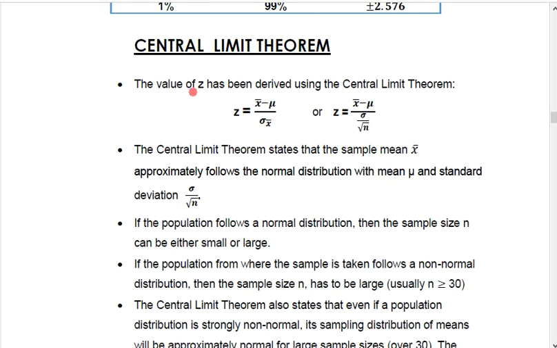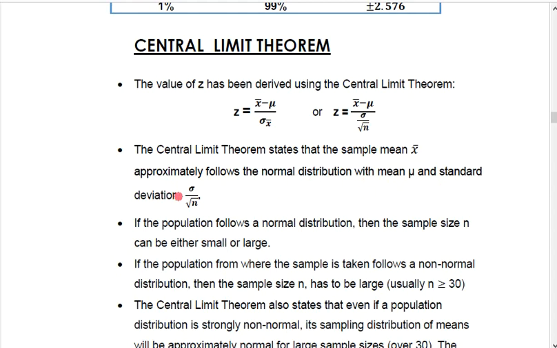Using the z-value, okay, it is derived from the central limit theorem. So, this is the formula to get the z-value. Okay, z is equals to the sample mean minus the population mean over the standard deviation of the sample mean, or z is equals to the sample mean minus the population mean over the standard deviation over the square root of n. Okay? The central limit theorem states that the sample mean approximately follows the normal distribution with the mean